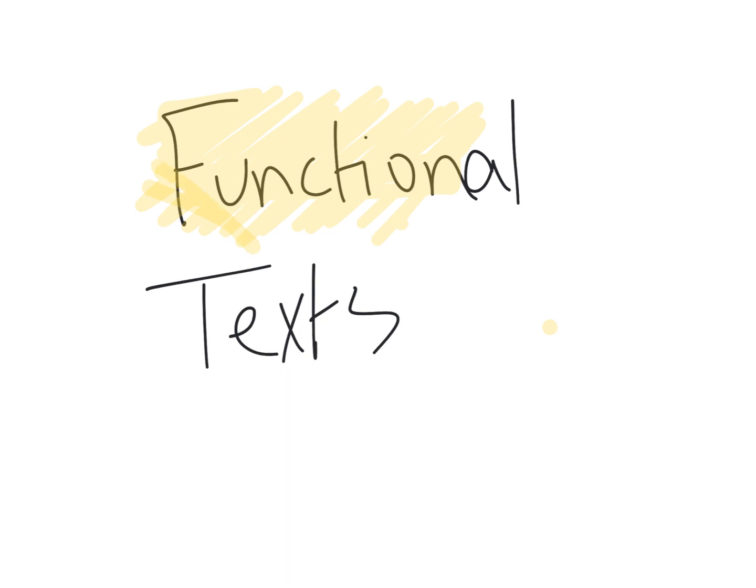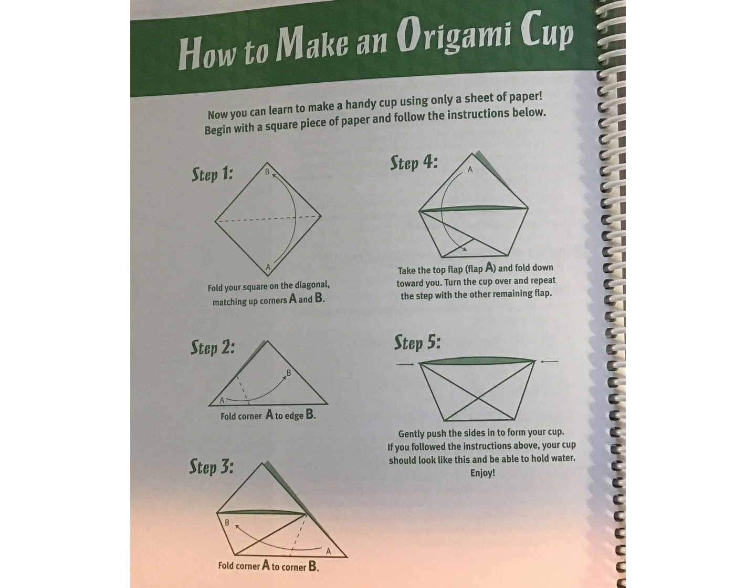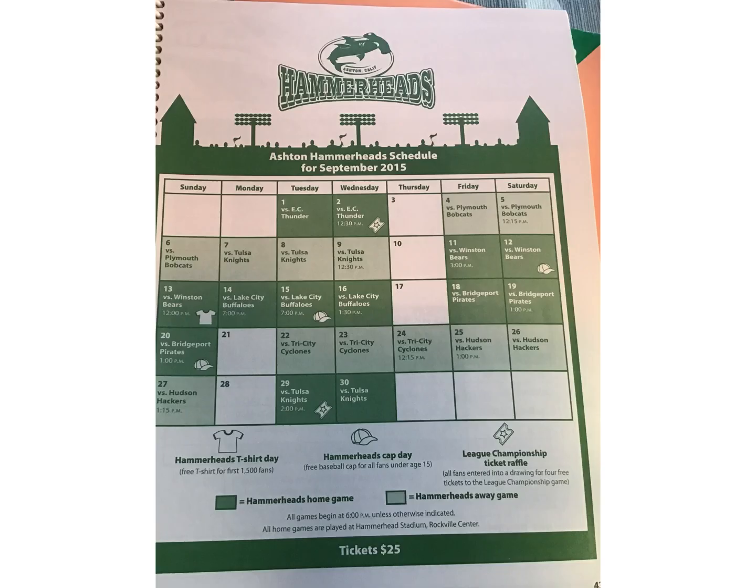The next type of expository nonfiction we're going to be looking at is the functional text. What base word do you hear in functional? Hopefully you heard function. I like their main words better. Functional text would be how to make an origami cup. Different steps. Step 1, step 2, step 3, step 4, step 5. First you do this, next. Another one would be maybe a calendar, a schedule. If you're going to go to,